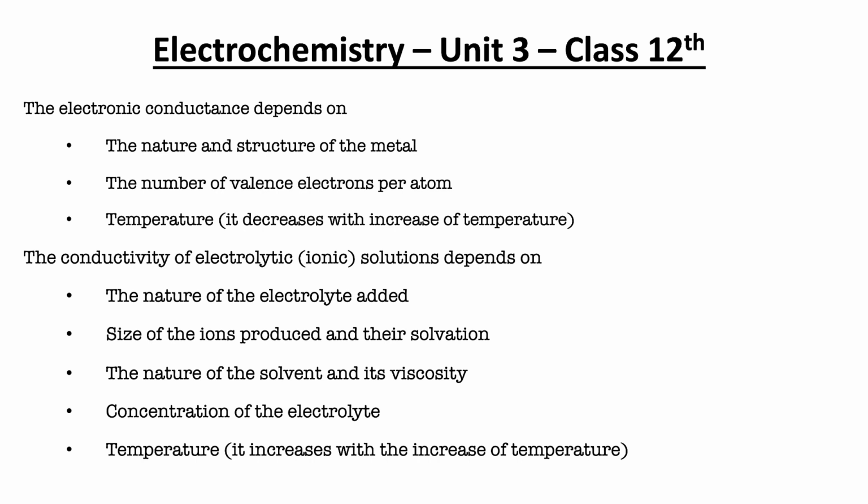Before going into detail of this topic, I would like to tell you about a term, that is kernel. The word kernel is used to represent the internal part of an atom, that is, the part of the atom other than the valence shell. Hence, kernel includes the inner orbital electrons and the nucleus. The electrical conduction decreases with increase in temperature because the kernels start vibrating, which produces hindrance in the flow of electrons.